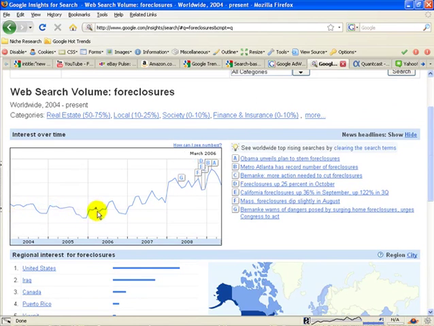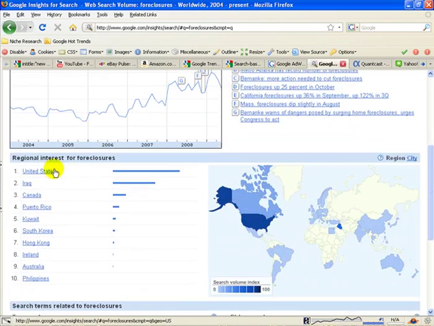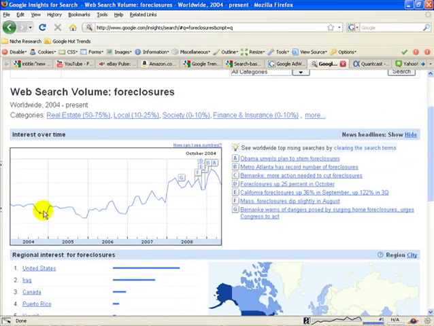Home foreclosures are always in the public mind, but with the recent economic trouble in the US, that has seriously spiked. But even so, that's been a gradual spike of interest, but it's still very much there. Now, if you look, obviously the United States is going to have the highest spike with this. Foreclosure in Iraq is probably referring to the end of the war there, but you can see if you were